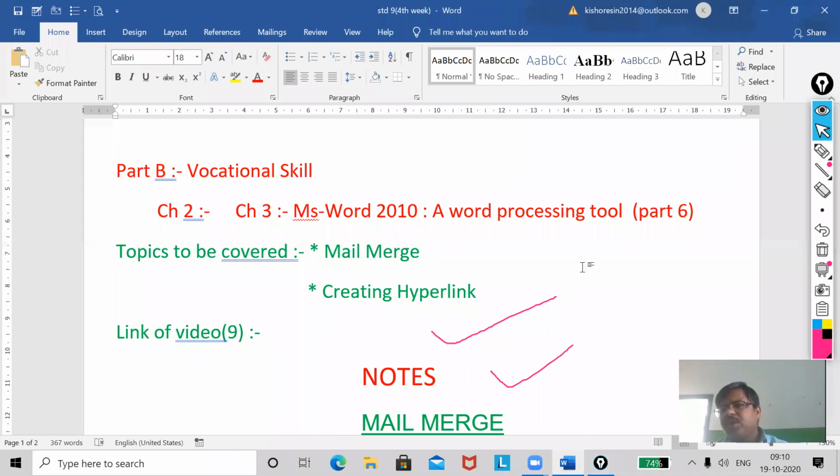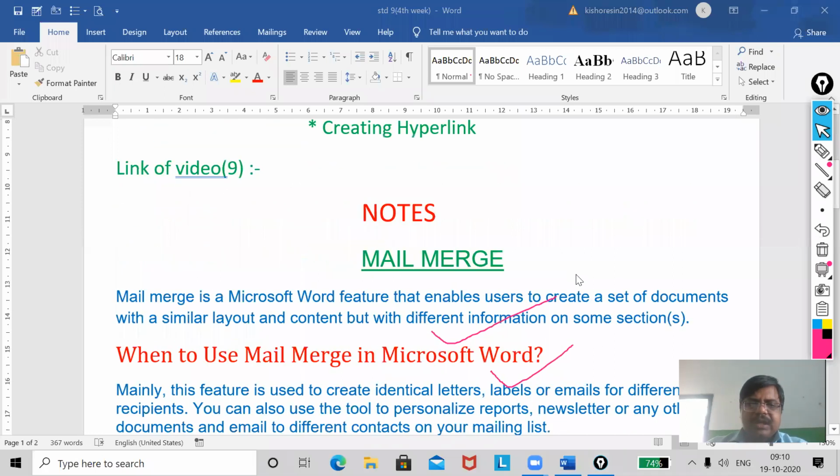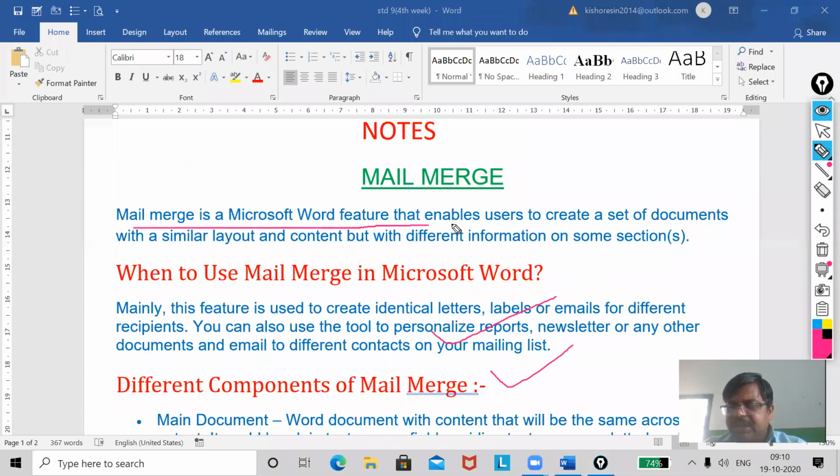First of all, you have to understand what a mail merge is. Mail merge is a Microsoft Word feature that enables users to create a set of documents with a similar layout and contents, but with different information in some sections.